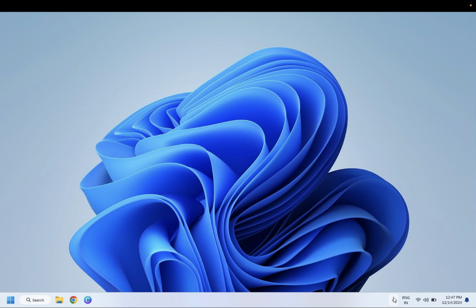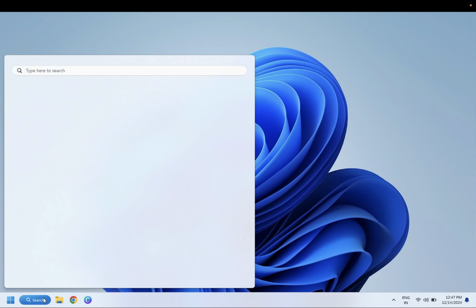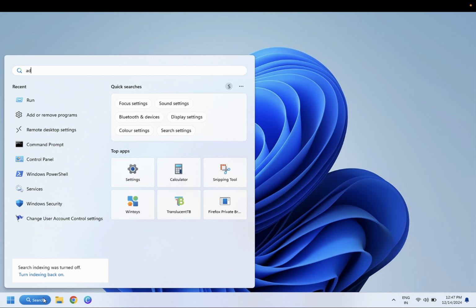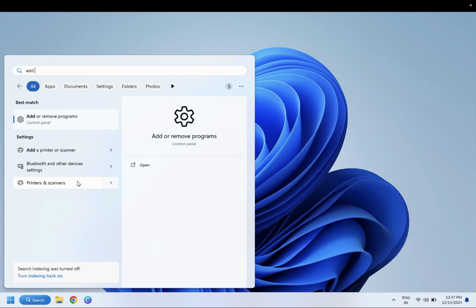First of all, you need to exit the game. If it is running like this, you need to right click on Riot client and simply exit it. Once you have exited, you need to go here and type "add or remove programs". Open that up